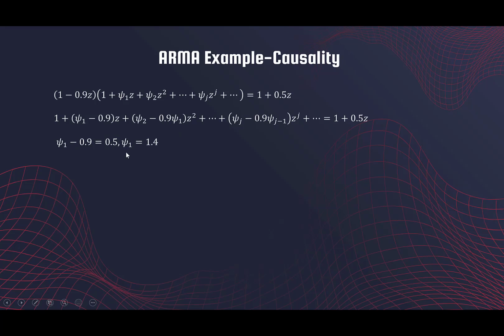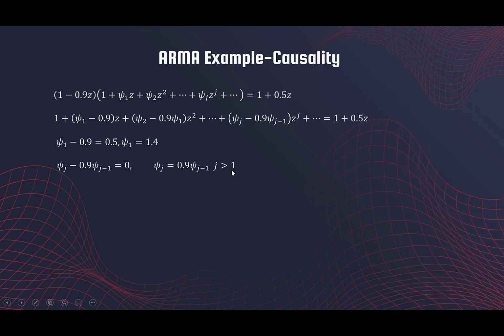Right? So this basically means psi 1 is 1.4. And then if you notice that there is no higher order z term here, right? So all of these, psi 2 minus 0.9 psi 1, and so on, all of these are going to be 0. So basically psi j minus 0.9 psi j minus 1 is equal to 0,